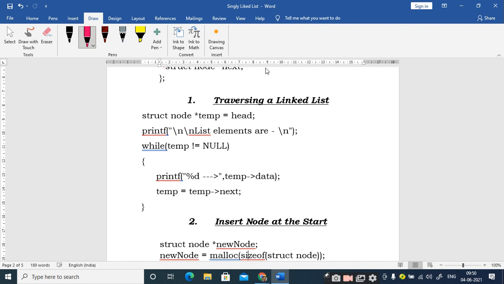That's it. So traversing a linked list is a very important function. You should learn it as a mandatory thing, right? And we have seen the insertion of a node at the end, insertion of a node at the middle, deletion of a node from the end. All these things make use of traversing, but maybe not all the nodes are visited, though it is somewhat similar to a traversal.